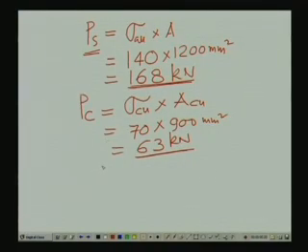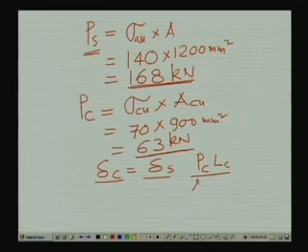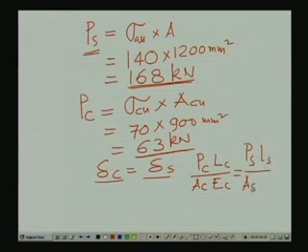So, from the compatibility criteria, that the deformation in the copper rods will be equal to the deformation in the steel rod, it gives us P copper times L copper by A copper times E copper, PL by AE, where A is the cross sectional area of the copper rod and E is the modulus of elasticity. This is equal to P steel times L steel by cross sectional area of the steel rod times E of steel, and this is equal to